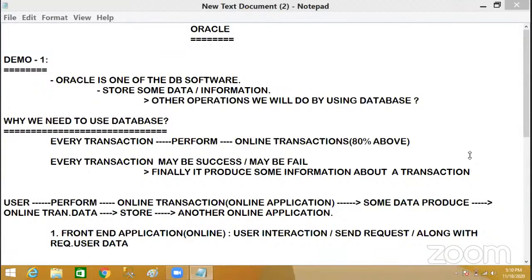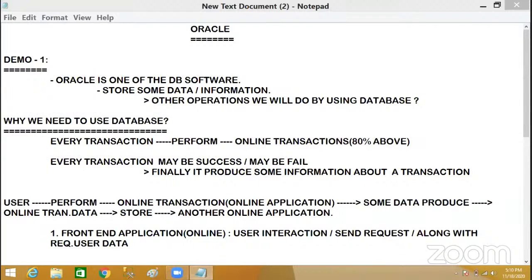In Naresh IT, these certifications are not there. They just give a course certificate. If you want a course certificate, they will provide it. But if you want an Oracle certification, you have to meet the promoting centers. Before that, you first have to complete your Oracle course. Once the subject is over, then you go for certification. Okay, Arun? Right.